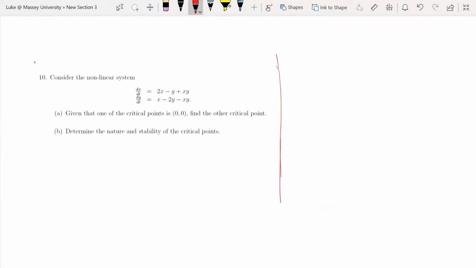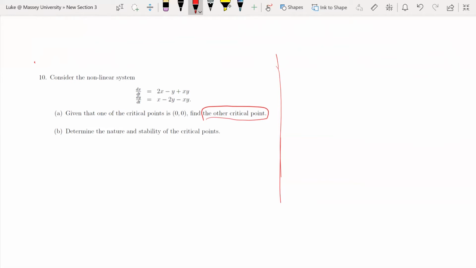Okay, but now moving on to question 10, the nonlinear systems case. Well, we're given here that one of the critical points is 0, 0. Well, that's obvious. If you look at the equations, there's an x and a y in everything. So 0, 0 is always going to be a critical point in this case. But we're asked to find the other critical point. So we're given a clue here, the way they've worded the question, that there is only one other